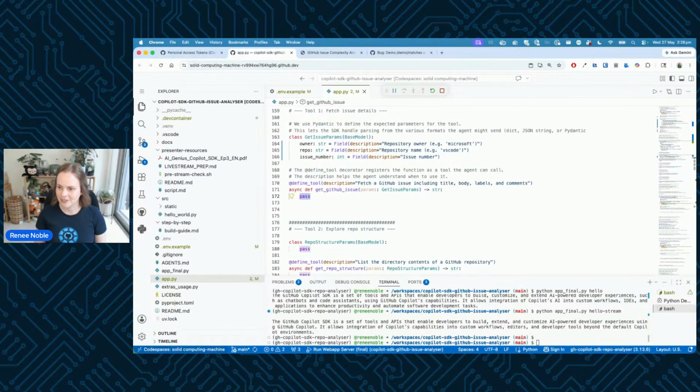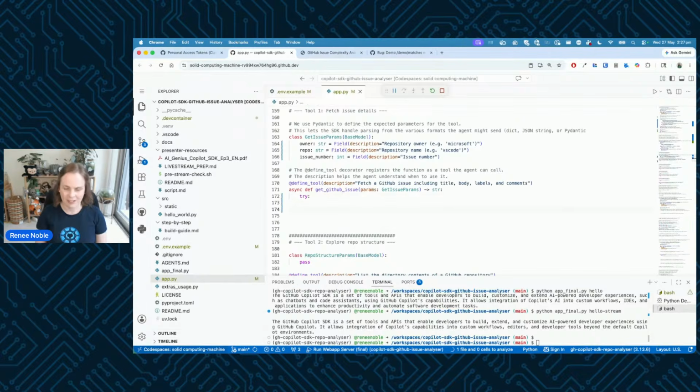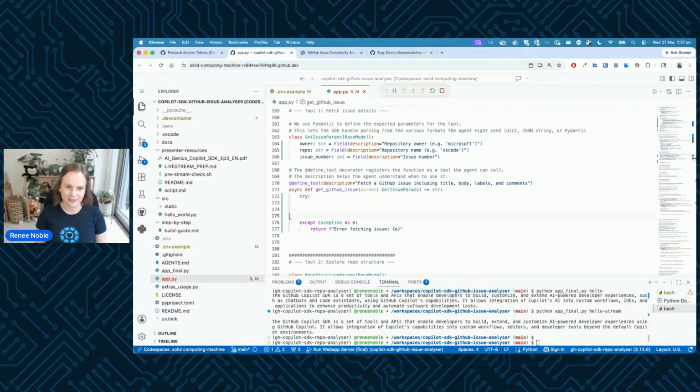Okay, so first up, I'm going to put this all in a try except, because we do want to handle those errors. So this is going to be the try part, and then I'm just going to copy and paste the except in there because that's boring. So if it doesn't work, we're just going to get the error. That's going to give us some information, but hopefully it's all going to work great and it's going to be beautiful. So we are going to start by getting the issue number,